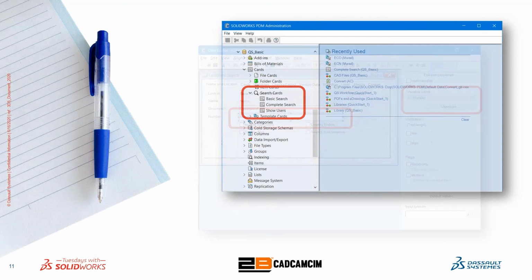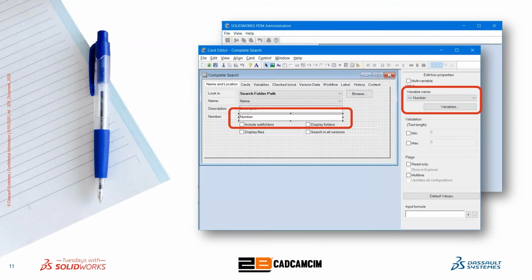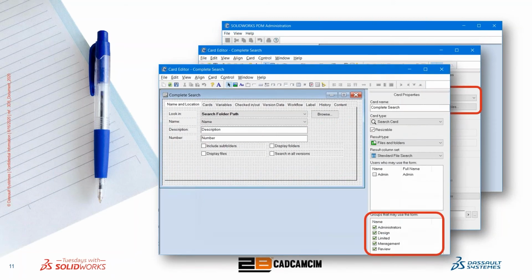Then you will need to add a search field to the card in the form of an editable text field. So you can edit this field and connect it to a specific variable. Actually, variables are predefined, and you can define any new variables you would like to enable PDM to search within. So we have a variable value for each and every file in our PDM vault. Finally, you will need to grant access for users and groups to be able to use the search card